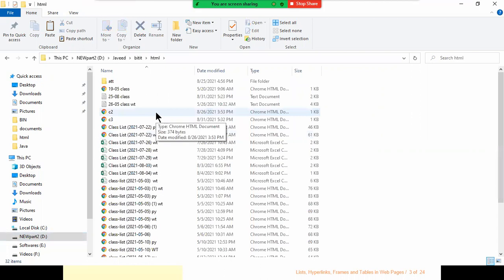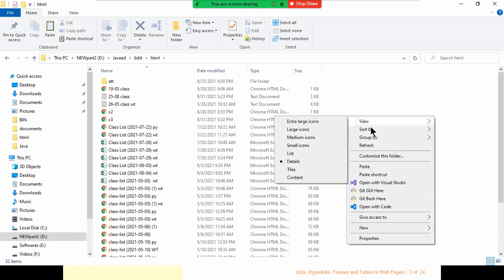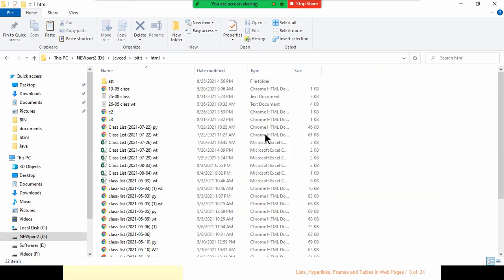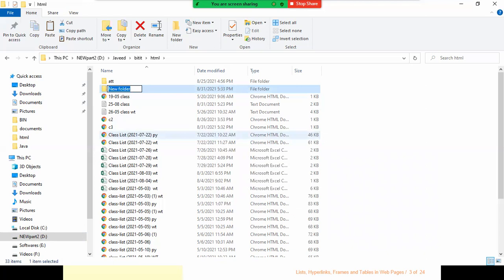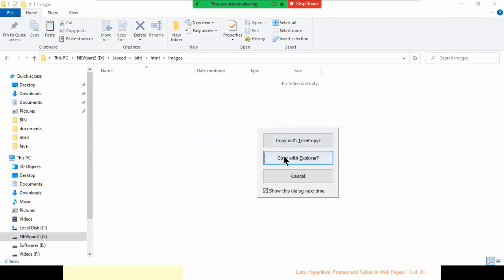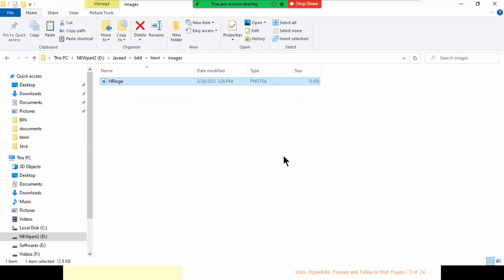It is best advised to put your image files into a different folder. So I right click, select new, and create a folder called images, then press enter. Then I paste my file here using Control plus V, and the image file is placed here in the folder.